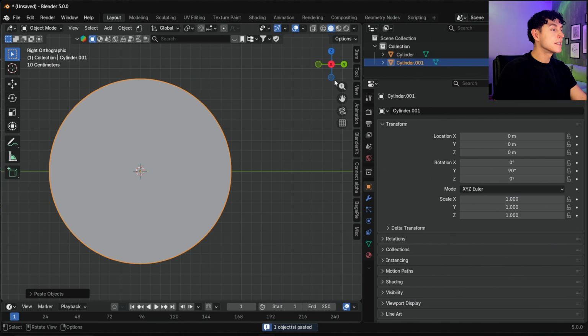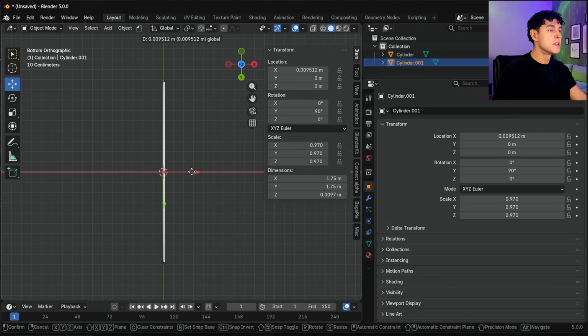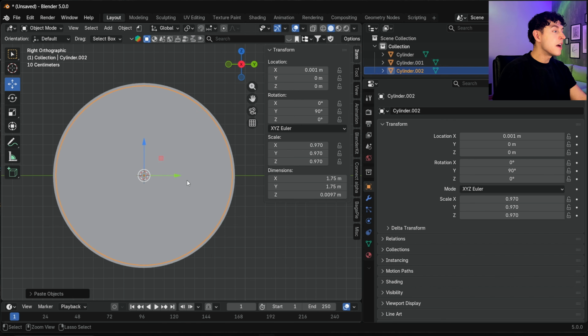Now let's duplicate it a few times. One copy becomes the print layer. Scale it down slightly and push it a tiny bit forward. Another cylinder turns into the inner plastic. Scale it much smaller. And the last copy is only there to cut the hole, so we stretch it hard